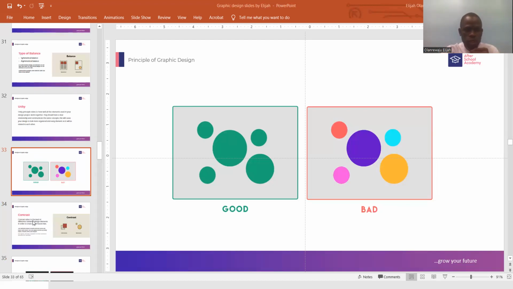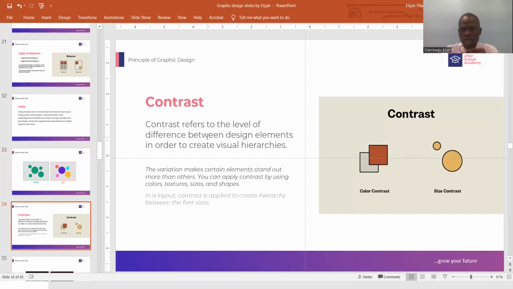So now the next principle we are considering is contrast. And contrast has to do with difference, right? Difference, that's the work of contrast. Difference between the design elements, difference between your background color and your foreground color. And you can achieve contrast either by using color or by using the size of your fonts. If you want to show difference between a particular element of your design, you either use colors to differentiate them,